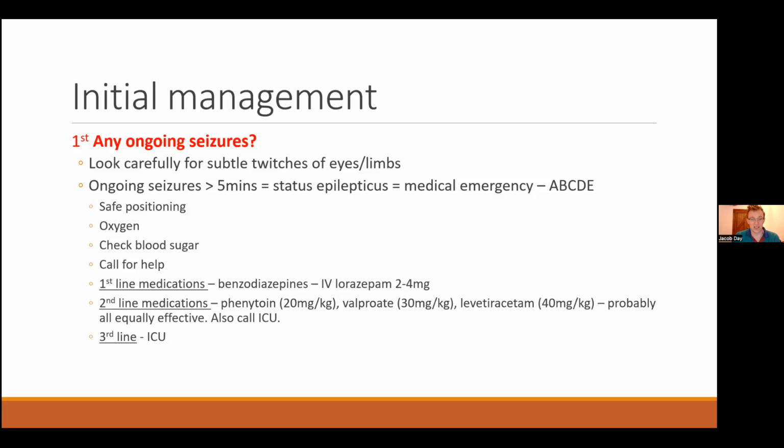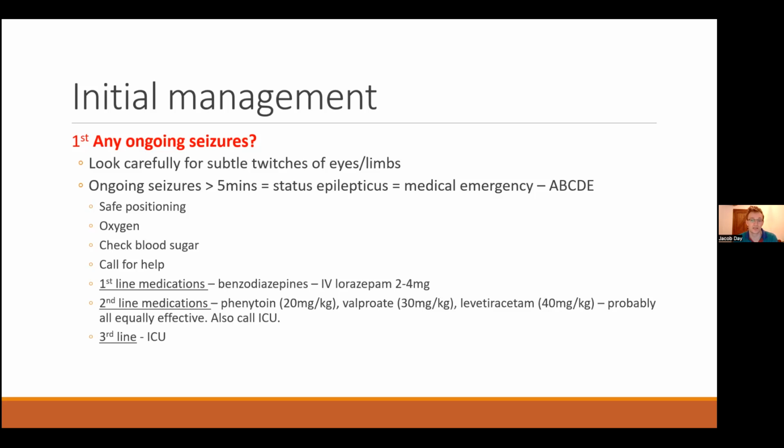In terms of medications, it's going to vary a little according to where you work and local guidelines, but basically benzodiazepines are first line. In hospital, you typically use IV lorazepam, somewhere between 1 to 4 milligrams as a one-off dose, and then you can repeat it after about 5 minutes if they're still seizing. There are other benzodiazepine options, so PR diazepam and buccal midazolam. They're more used in the pre-hospital and ambulance settings, but if you don't have IV access, for example, then they're perfectly reasonable. But normally in hospital, we use IV lorazepam.